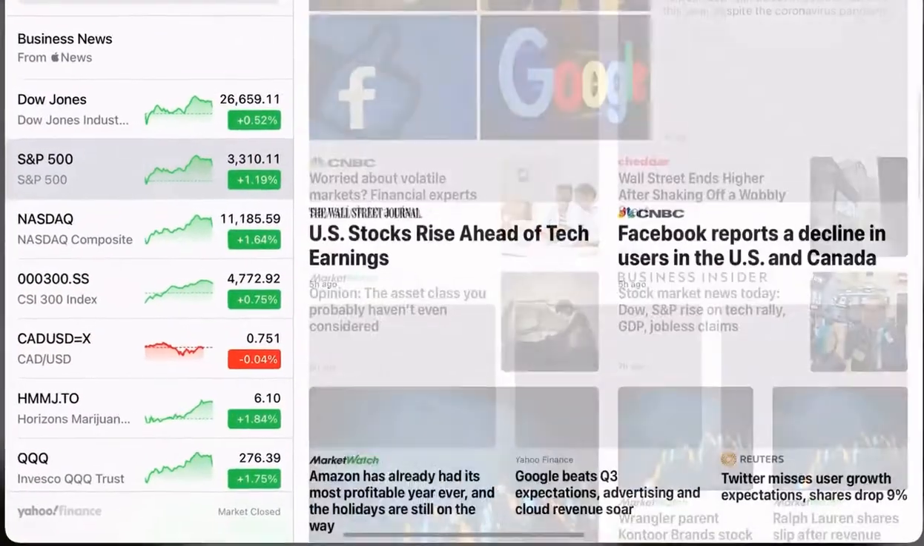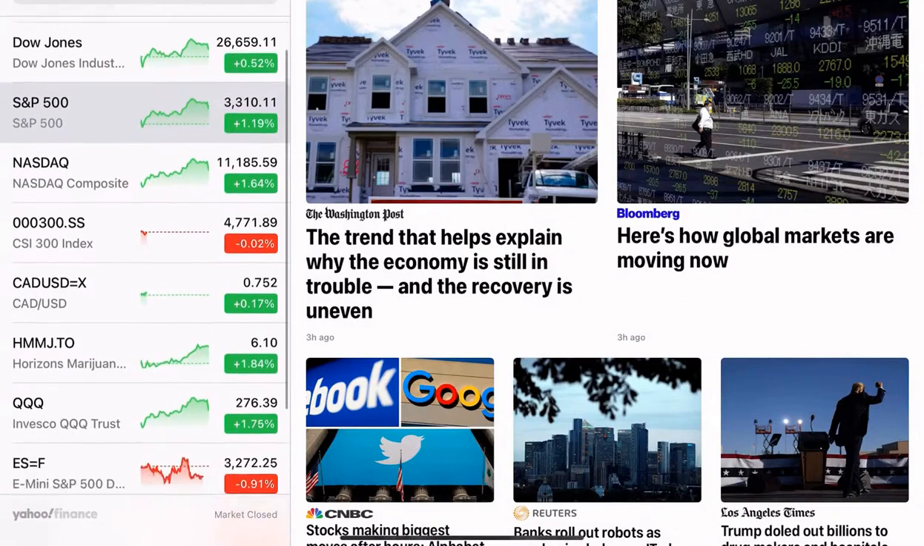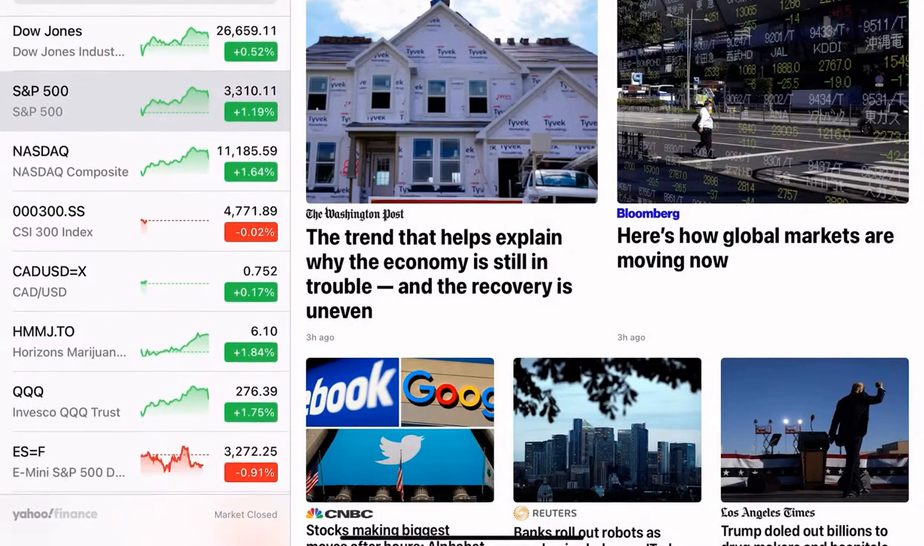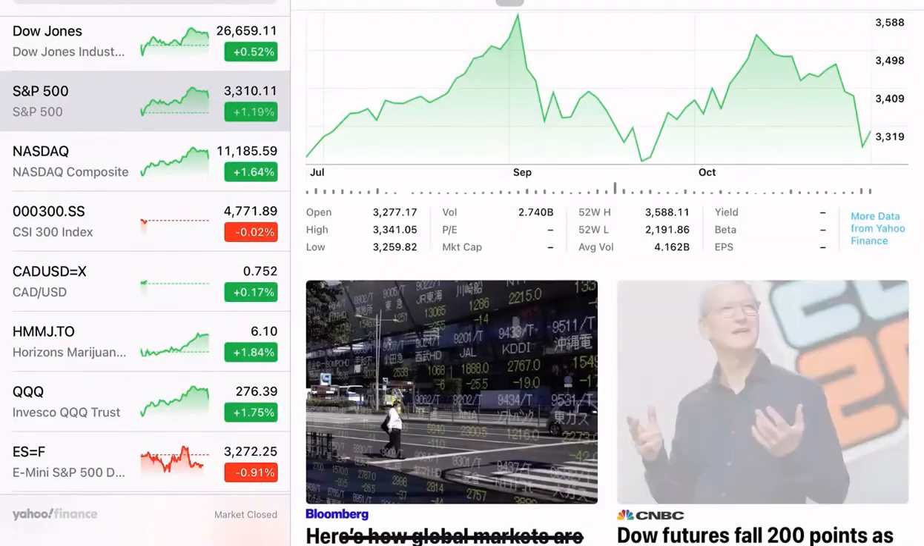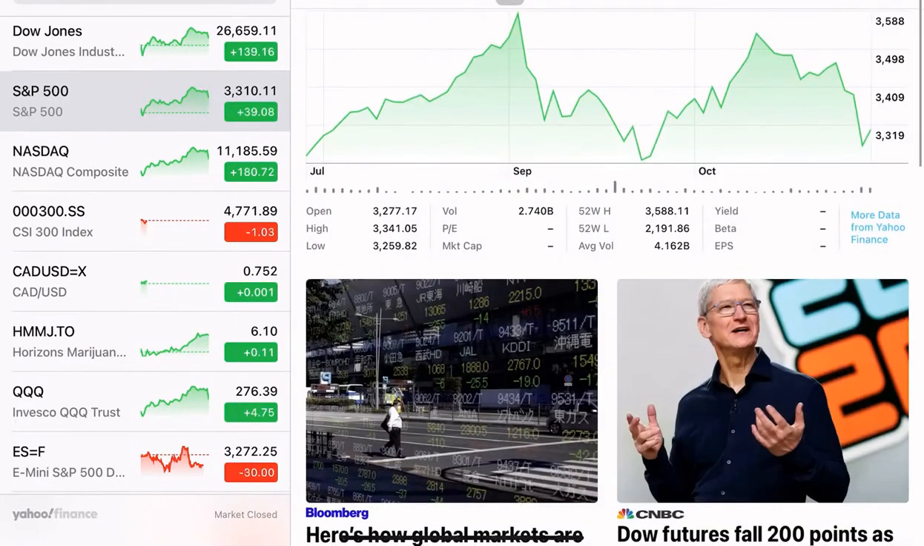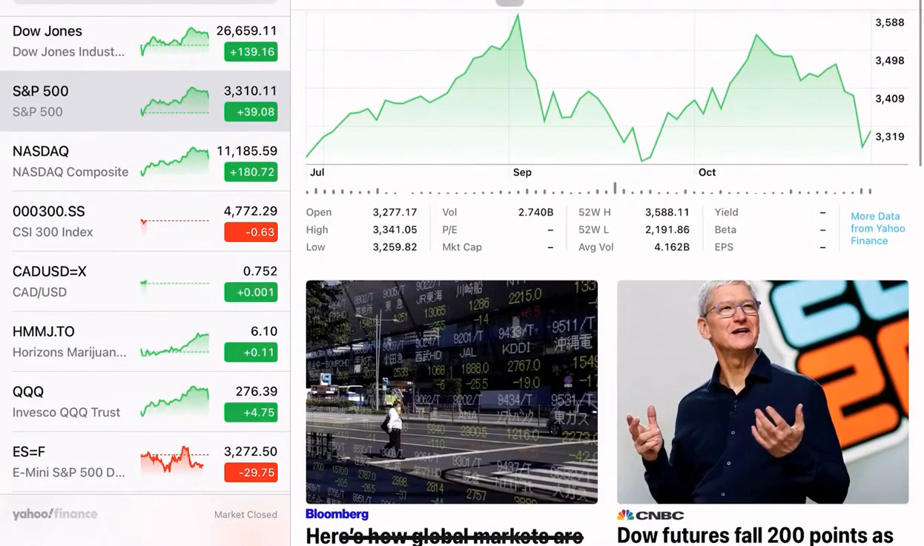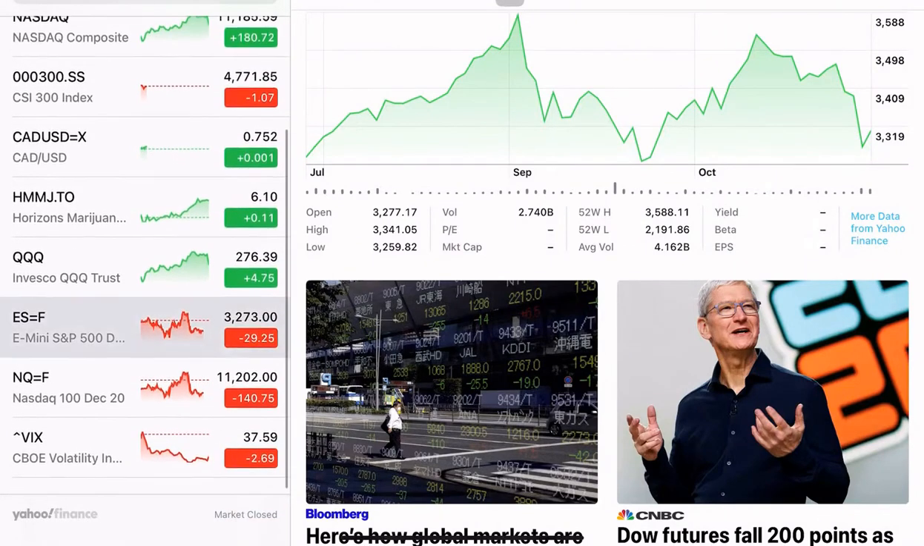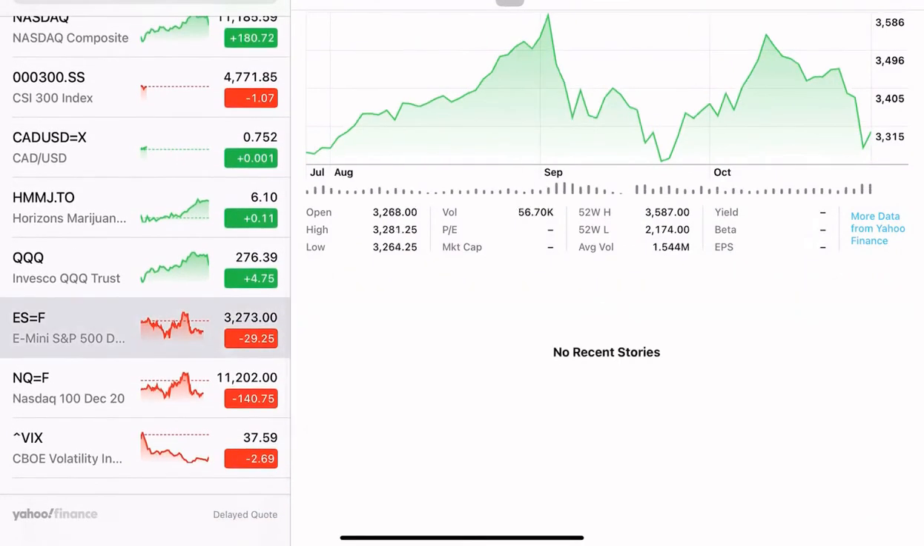So if you look at today's S&P 500, it has a value of... I cannot draw this, but you can see that. Okay, so basically you can see that this S&P 500 has a value of 3,310. Now, if you look at the futures, you can see that the E-mini futures has a value of